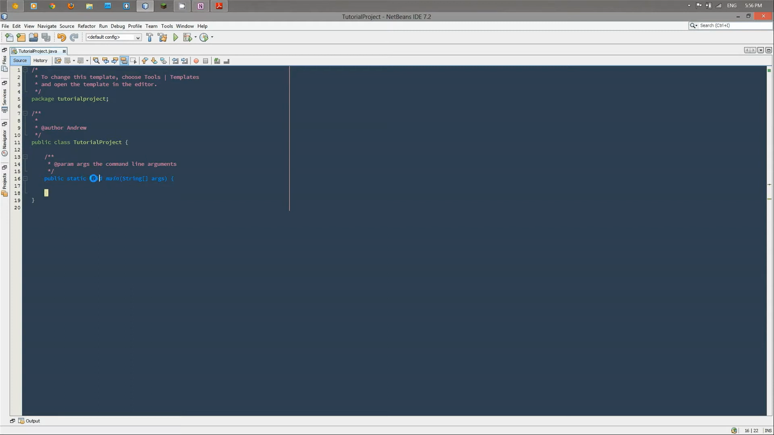Next we have void, which basically just says that this method will not return any information. You could create methods that return numbers and return data so that you can pass things around throughout your program and do operations easily. Next we have main, which is just the name of the method,